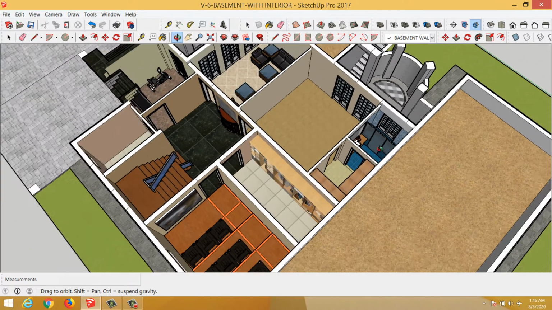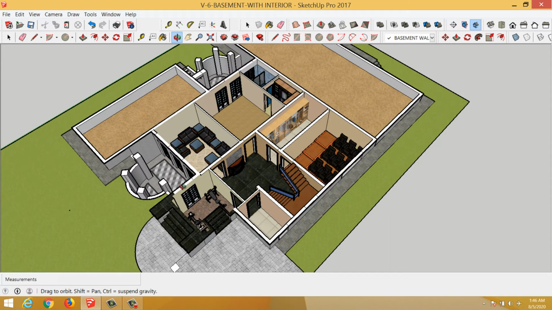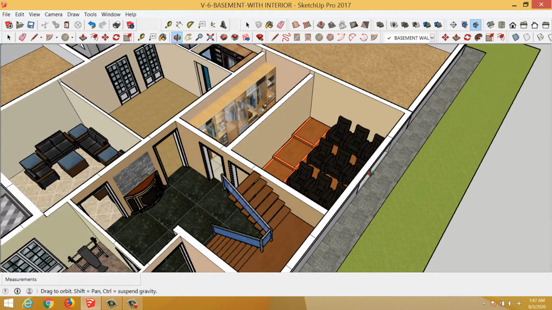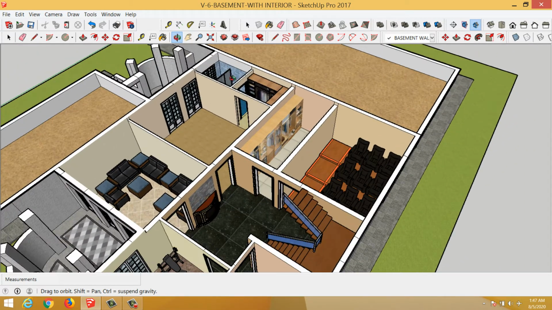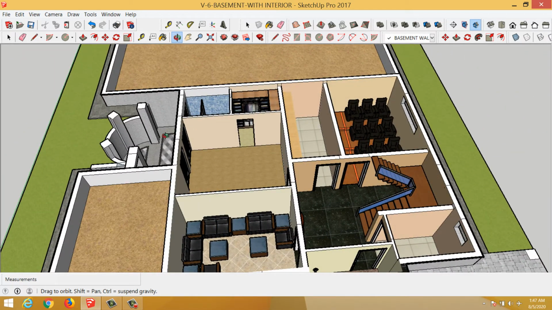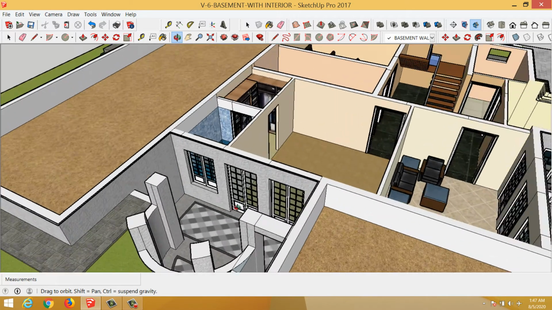So basically the whole requirement of the basement was that there should be a gym that also has an opening into the sunken lawn. The drawing room has the same view, and the home theater will also have a small window, and you don't require large windows in that. And the bathroom has also the view and the light through the sunken lawn on this side. In the previous one, this side was at the ground level and was not sunken, but since the requirement has changed and we have shifted a bed in the basement, this bed needs a lot of light, and for that we have given it a sunken lawn.